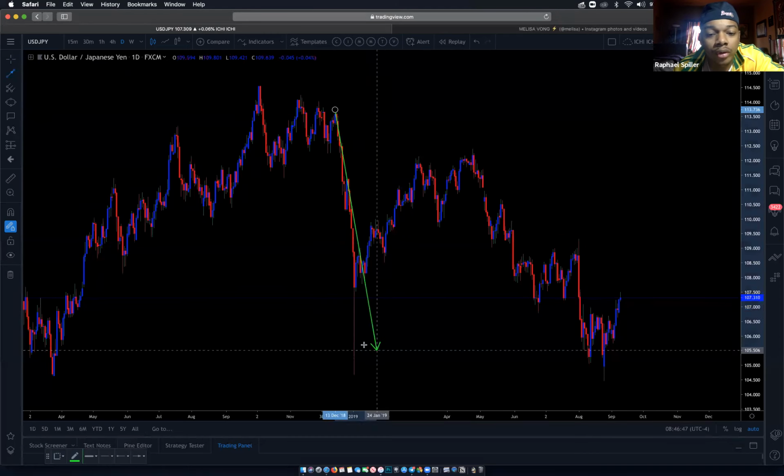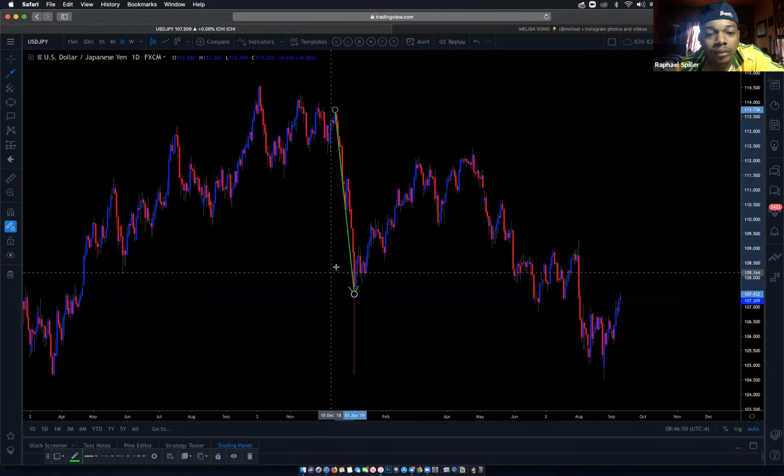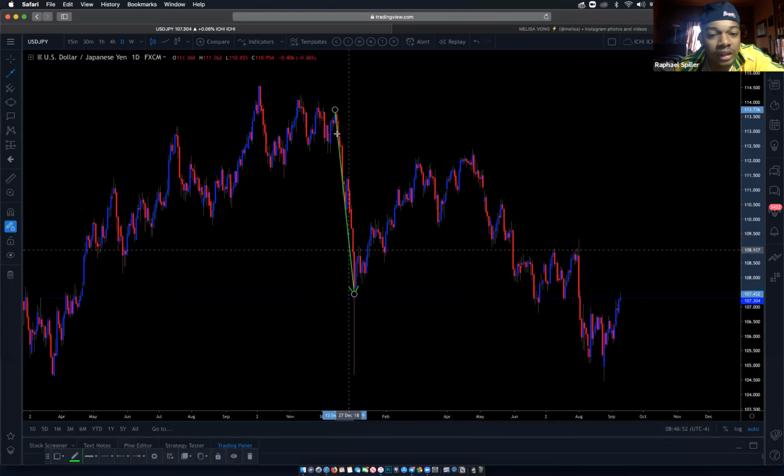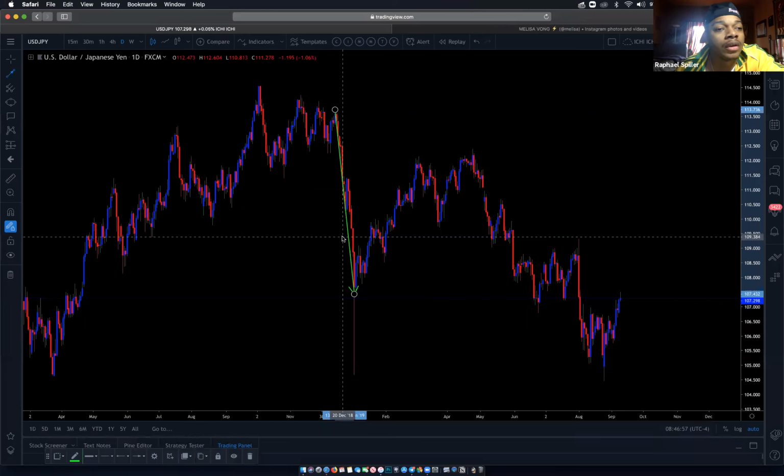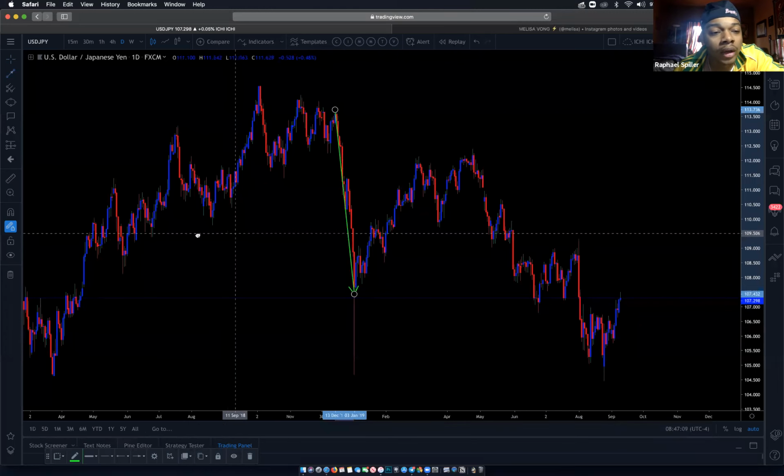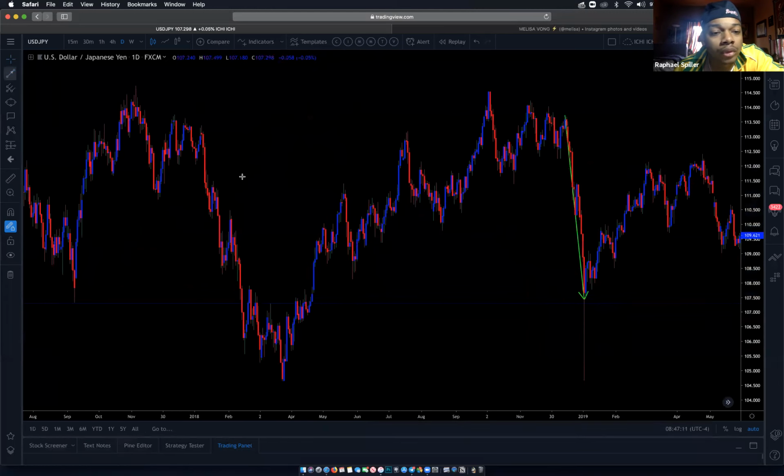So this is your impulse right here. You see how straight and narrow and steep this is? Your TP is always your support and resistance level. Your stop loss is always above your previous low or high. Your impulse is always a straight line. And let me show more of an example.